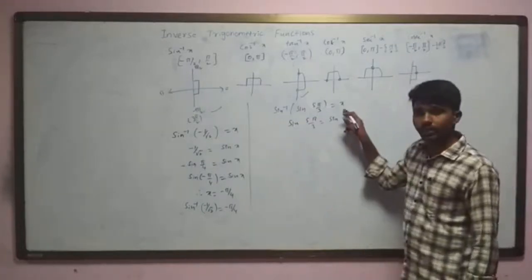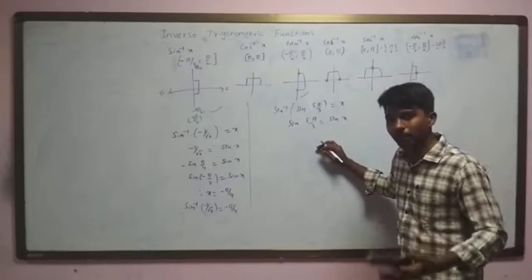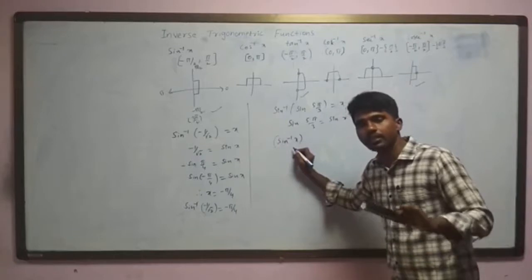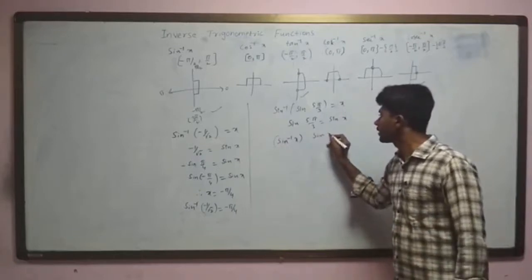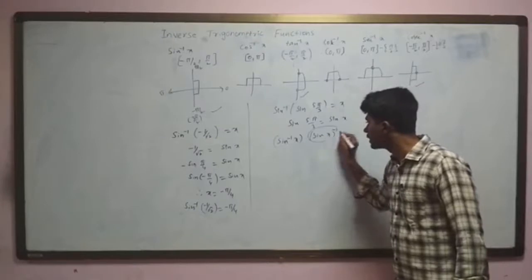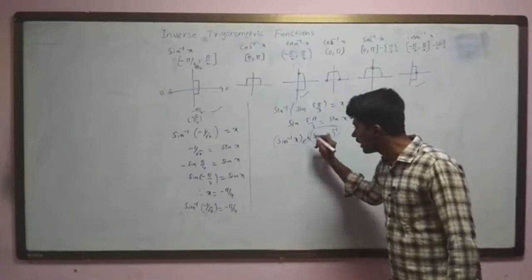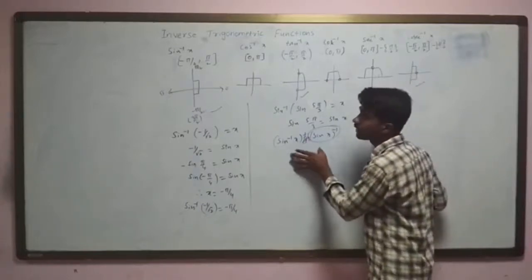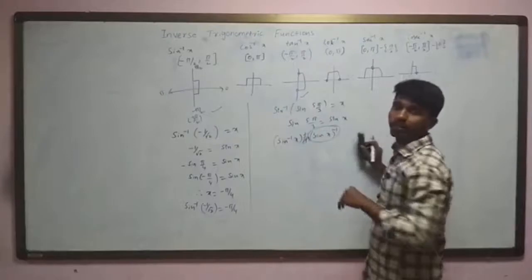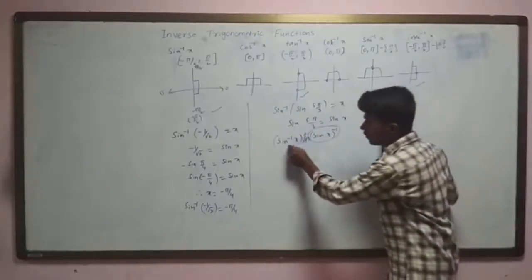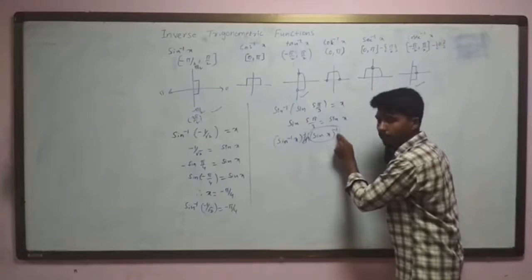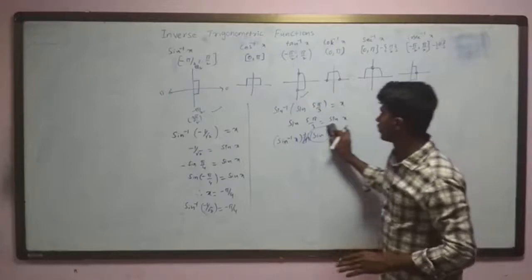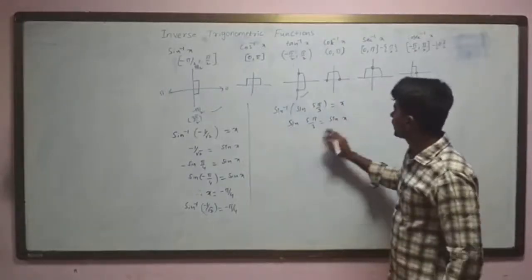So the inverse goes to the right side. Be careful, again I am explaining. Sin inverse x is a function. Sin x power minus 1 is the reciprocal. Both are different. These two are not at all equal. We should have a clear idea, then only can we solve the problems that belong to inverse trigonometric functions. Sin inverse is a function. Sin x power minus 1 is its reciprocal. It's not the inverse.